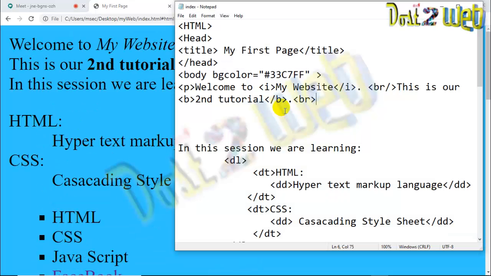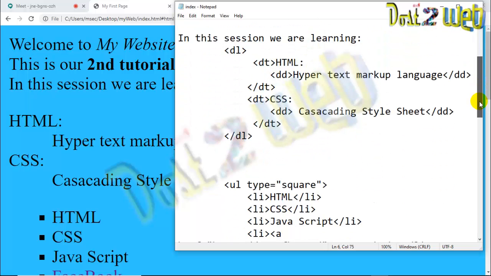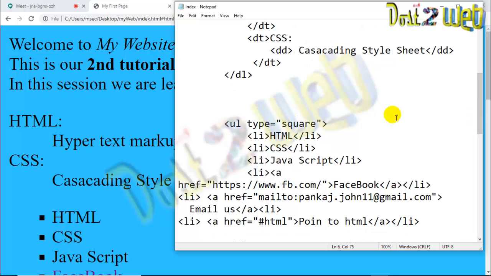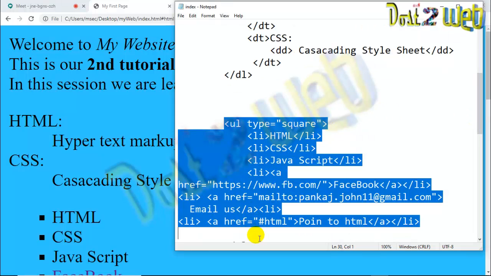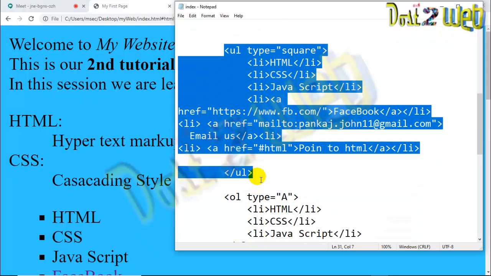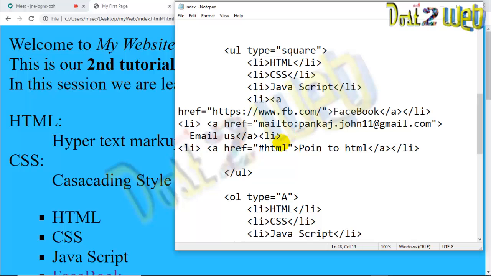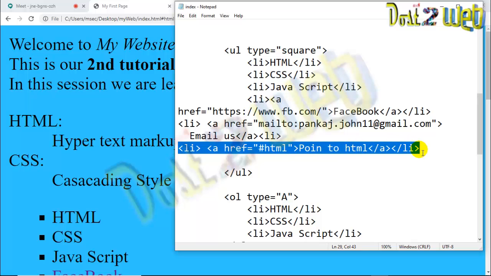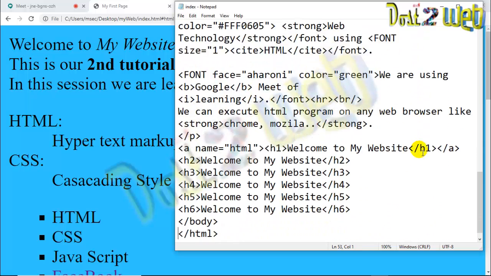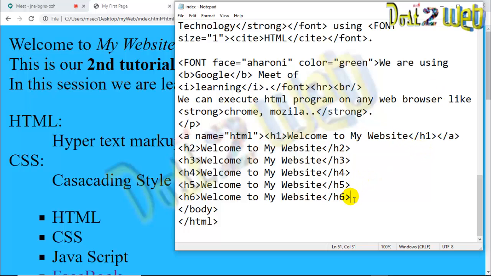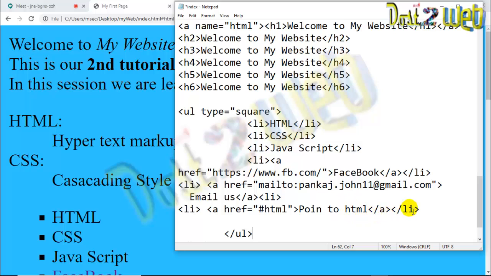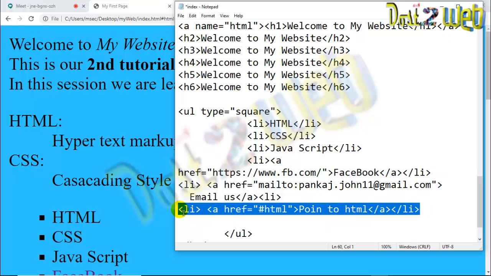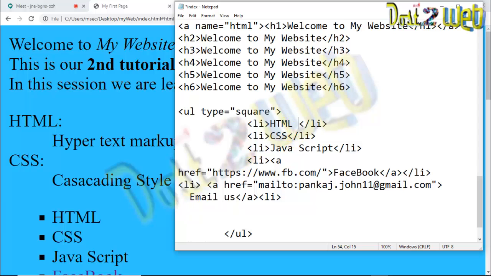So just follow me. The two things I said, now I want HTML. Just copy this line again and I'll put it at the bottom of the page. I don't want this as of now, let it be. Come to the bottom of the page below the body tag and paste this one. Here I have to remove this one. I'll change HTML basic here, so you will be able to find the difference.